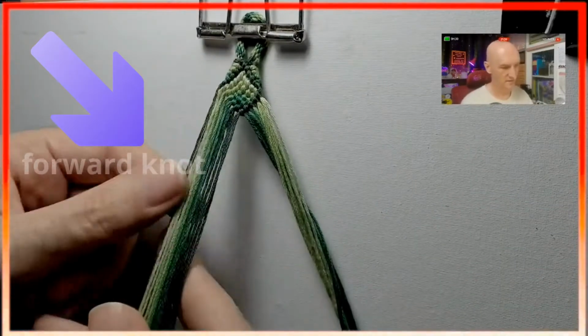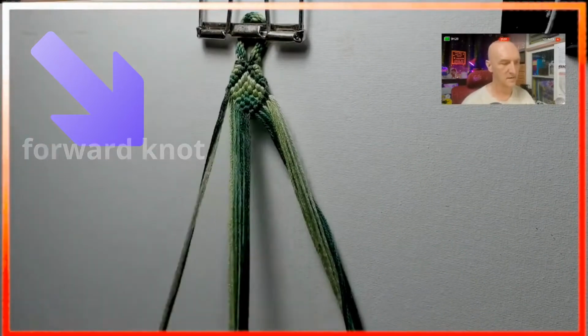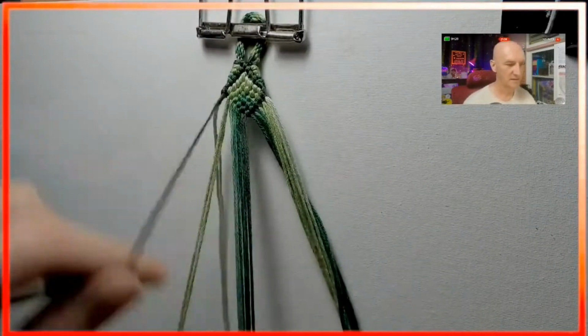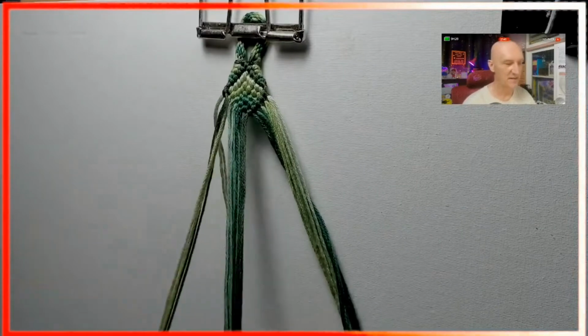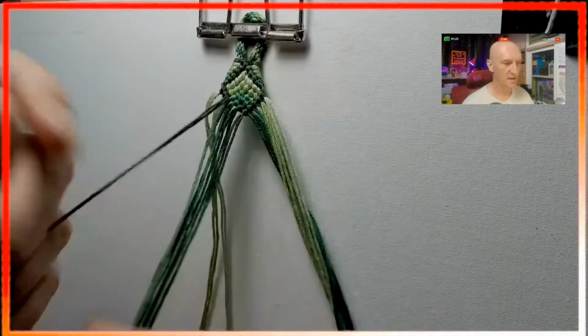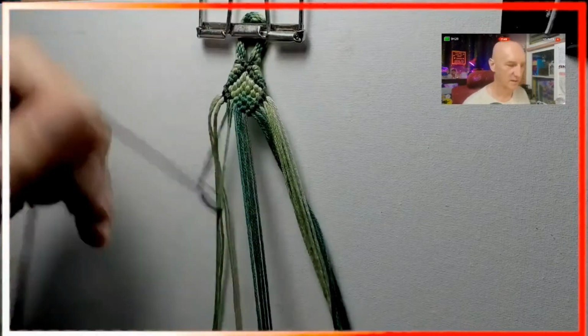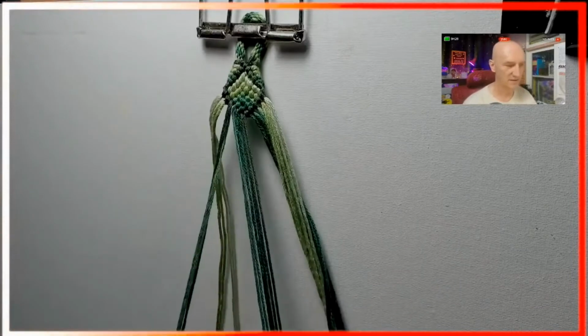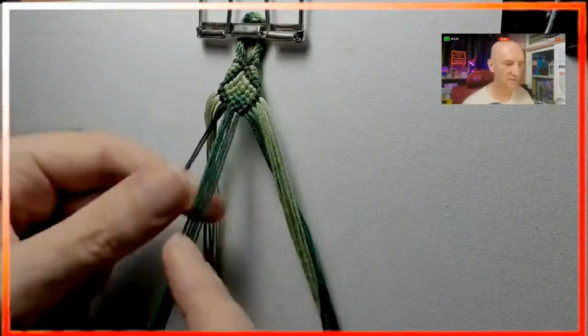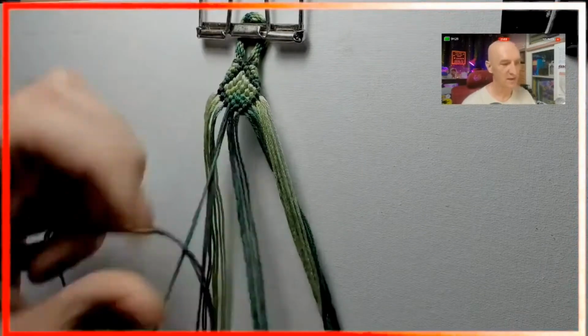All right. We're going to bring down the right-handed knots over on the left-hand side of the bracelet. And you'll see that we end up with a diamond that has this interesting little fish scale effect going on in it. So if we're going to